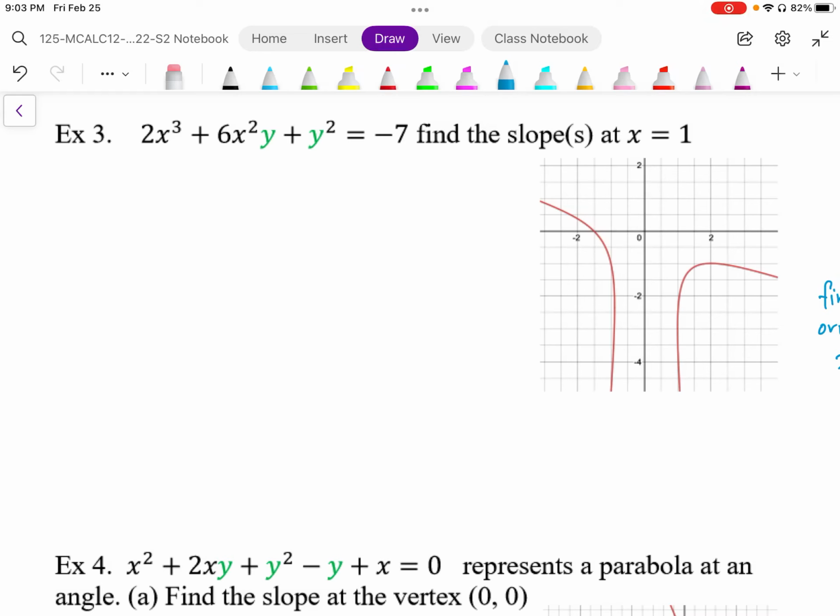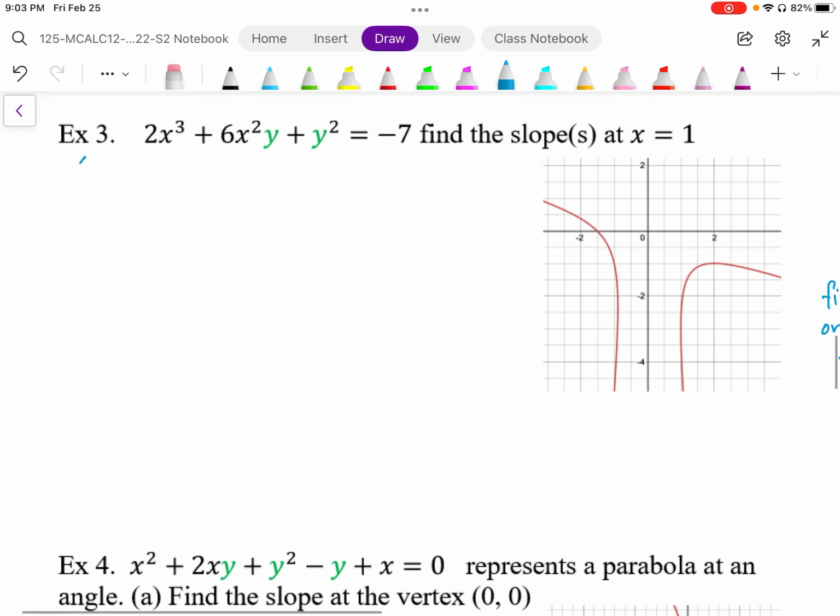So again, this is another implicitly defined function where we have the y embedded in the equation. So to find the derivative, we need to differentiate this normally and differentiate using chain rule whenever we encounter a y. So I'm going to differentiate this normally. So I'm going to end up with 6x